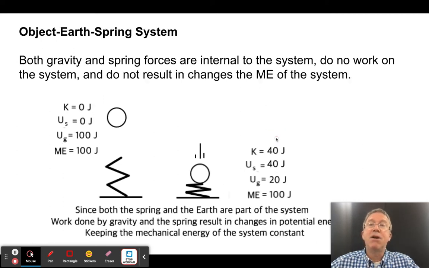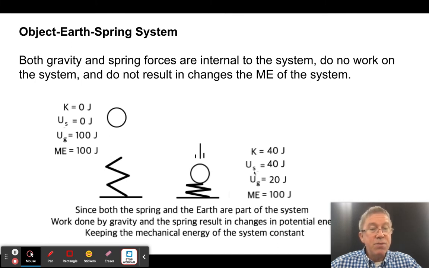So now let's make all of them part of it. Now I have a rock, Earth, spring system, which is usually what they'll give you, but not always. You have to be careful. So now both the spring and gravitation can be considered conservative forces that can store up potential energy that contributes to the mechanical energy of the system. So I have an object that has 0 joules of kinetic energy. It has 0 joules of spring energy, but it has 100 joules of gravitational potential energy. Therefore, it has 100 joules of mechanical energy, even though it's not moving, because the Earth is defined to be part of the system. As this falls,